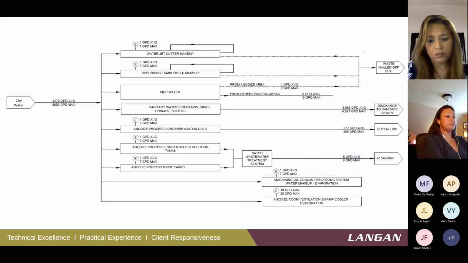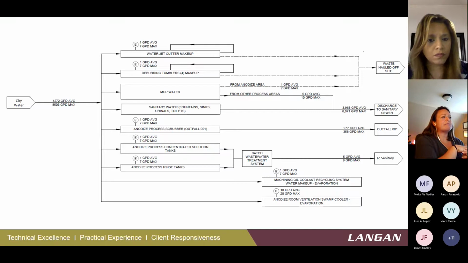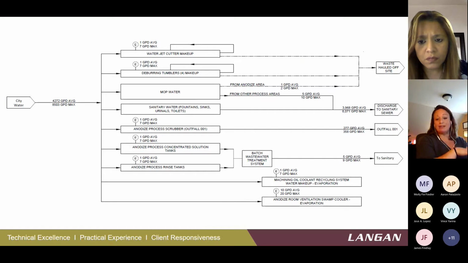This is another smaller facility, a much simpler process where there wasn't that much to track. This is maybe a little over 4 to 8,500 gallons a day: some cutting water, some anodizing water, and building maintenance water. And in this case, I believe there were multiple meters. I think we had multiple points of measurement. So it was actually relatively easy to balance this all out.